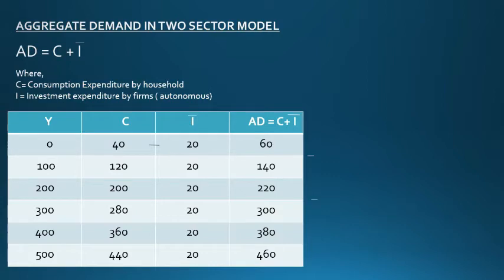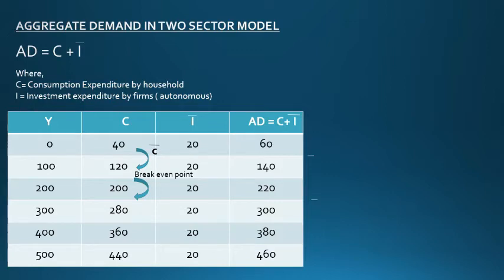The most important thing to find out here is that the consumption expenditure was more at a point where income is low. So this point where the consumption expenditure is more and the income is less is known as autonomous consumption, which is indicated by C̄. Another important thing to be noted here is that the point where income and consumption are exactly equal to each other is known as the break-even point.